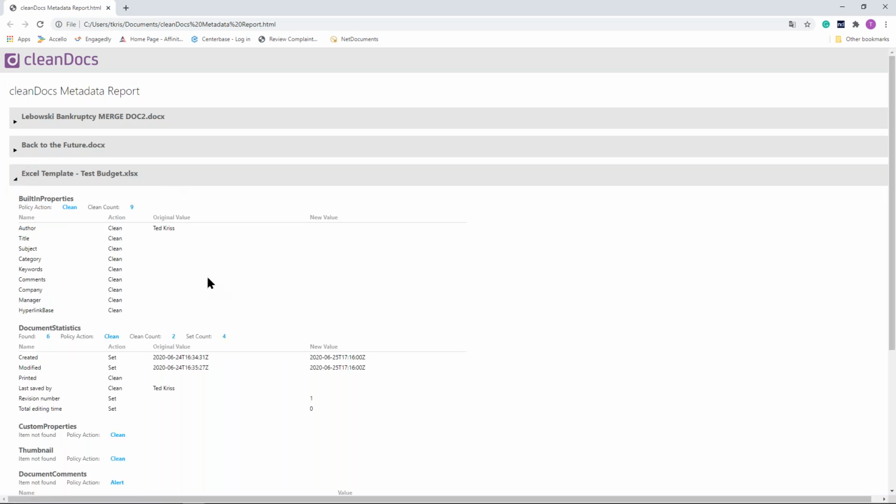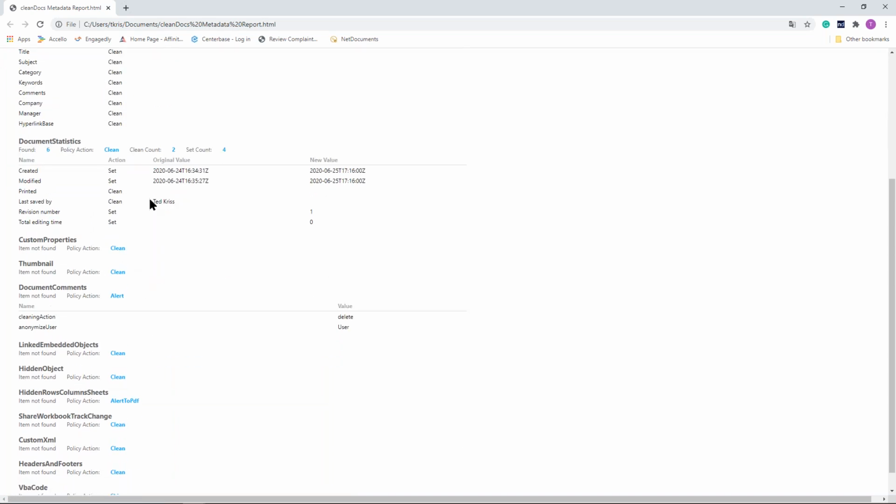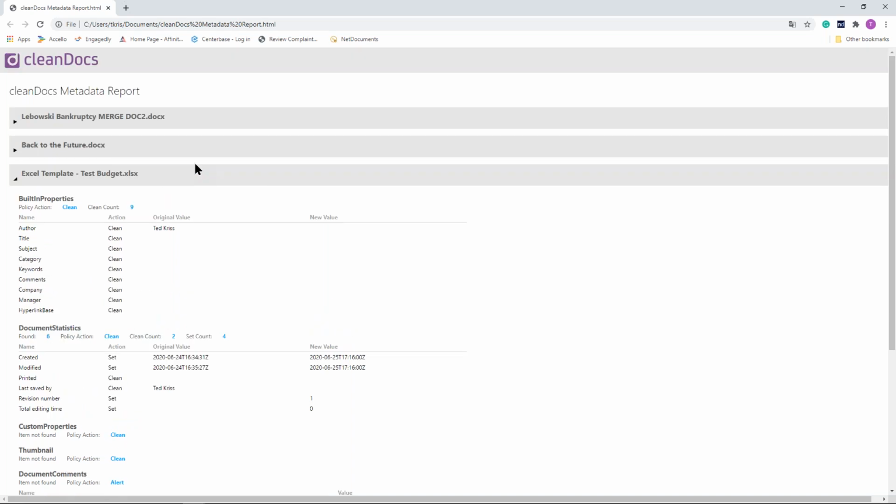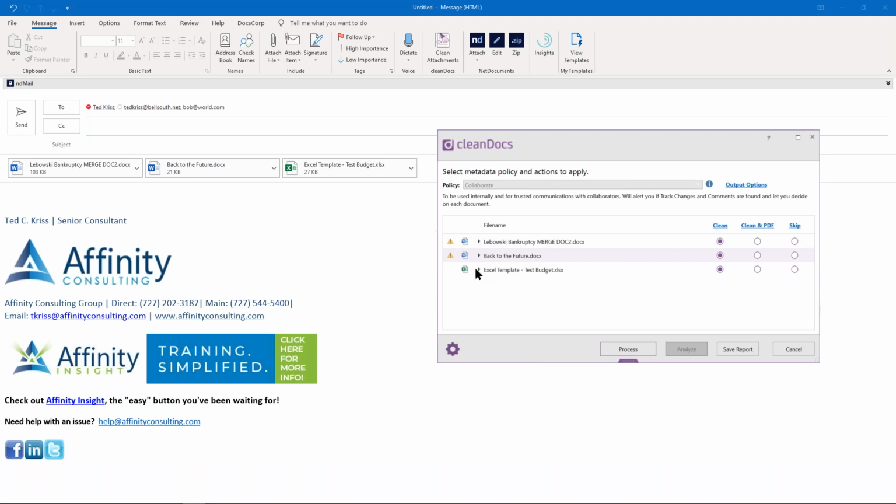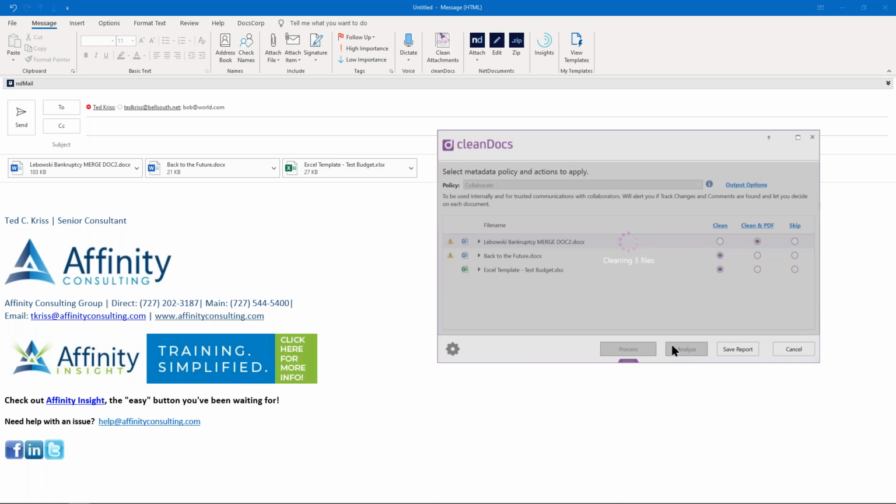But again, what is nice is that these programs will tell you what actions might be needed, if there's any, what statistics are found, and what options it requires based on the policy we're about to deploy. But in addition to performing these functions for you, it will also help you when it comes to recipients in the process of transmitting.